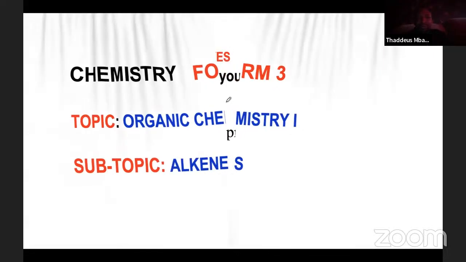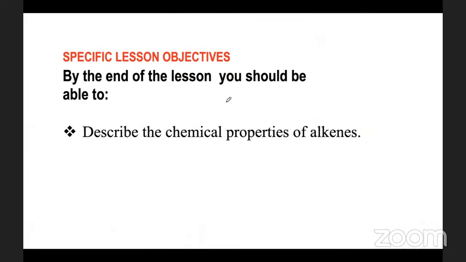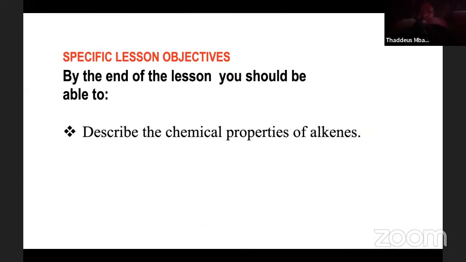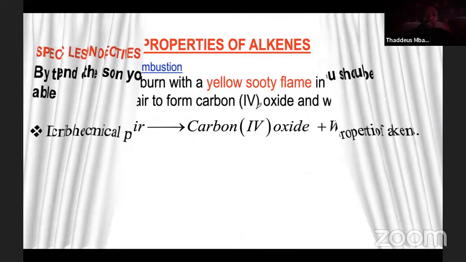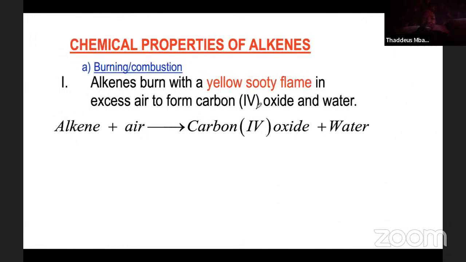Sawa? Yes. Now we are going to describe the chemical properties. That is the center of organic chemistry, which is based on the chemical properties of alkanes. You're going to find a lot about this. So let's start with the first one: burning. Alkenes burn with a yellow sooty flame in excess air to form carbon dioxide and water. So alkene plus oxygen, you're going to get carbon dioxide and water. That is when